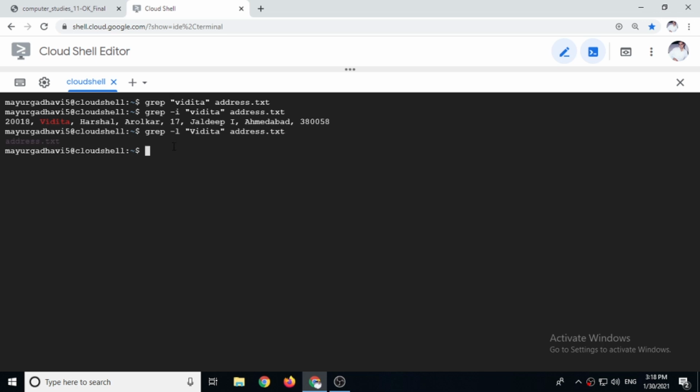So it will just display the file name. This can become helpful in a program. It means when we are writing a script in Linux, if you want to display the file name, or if you want to store the file name in a variable, then you can use the grep -l option.